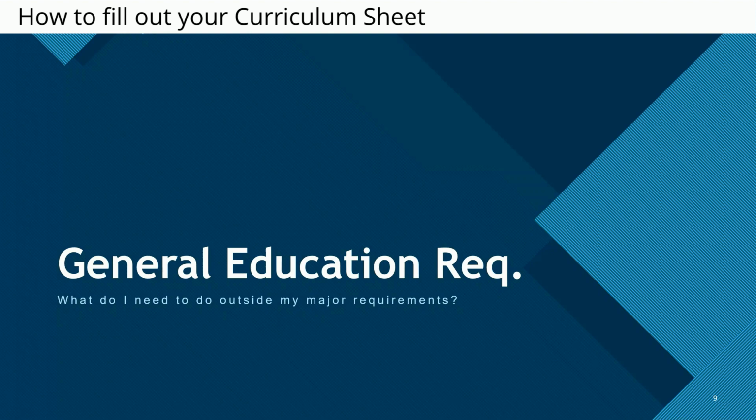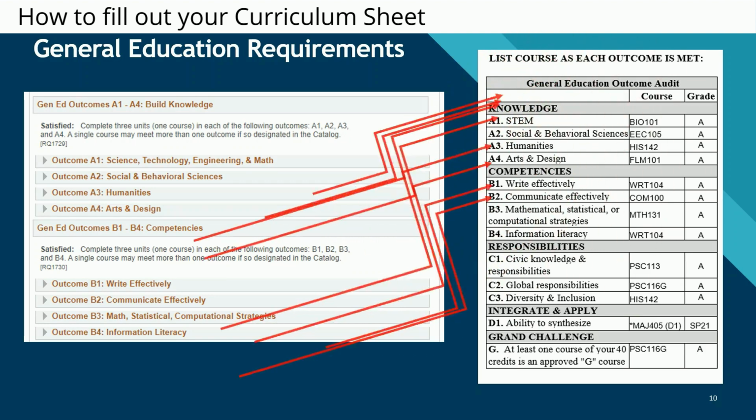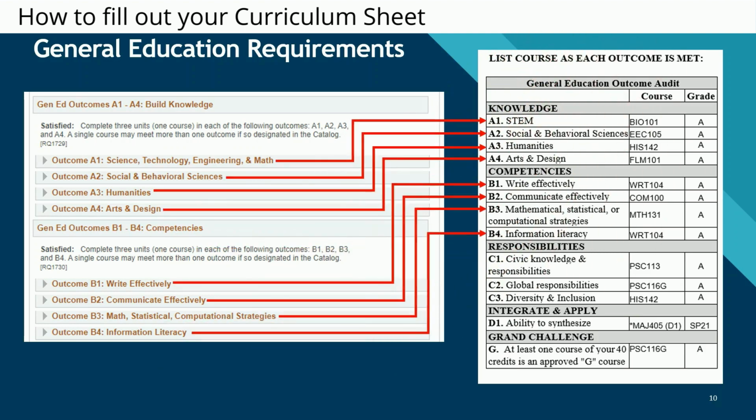To start, please have both the ARP and curriculum sheet open and available to you. At the top of the academic requirements page, you will see a button labeled Expand All. Click this button now to save you time in the future. Now begin scrolling down a bit until you begin to see your general education requirements listed by outcome. Go through each outcome one by one and transcribe what appears on your academic requirements page onto your general education